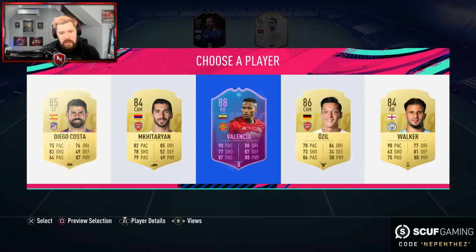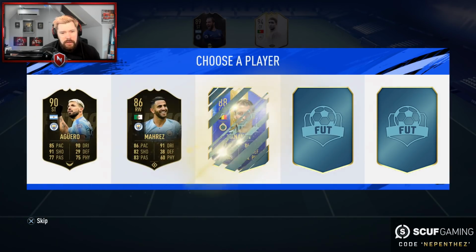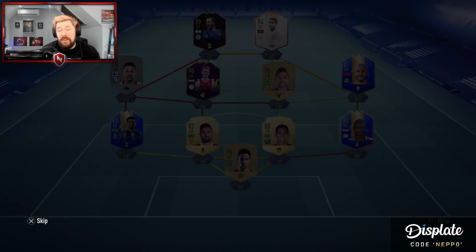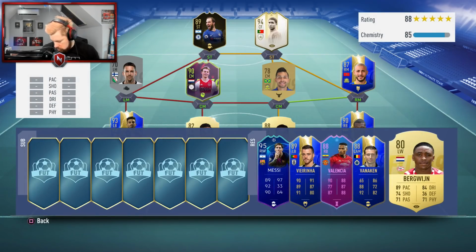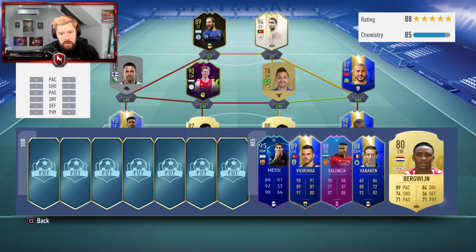Let's go for Antonio Valencia there. Let's go for the end of era card. Vanaken. Oh, I didn't take Vorma, did I? If we had taken Vorma, Vanaken and Vorma would have strong linked together. Oh, Bergwijn. That's amazing, right? Yeah, he strong links into...